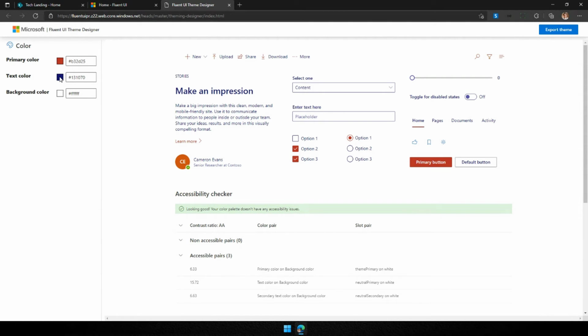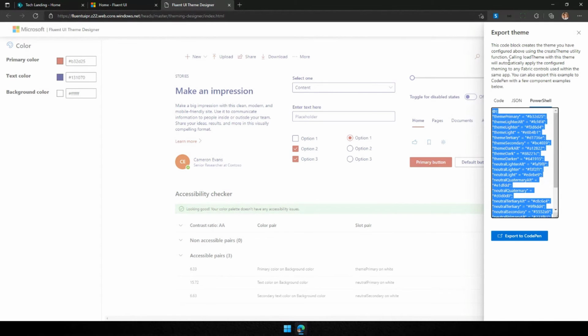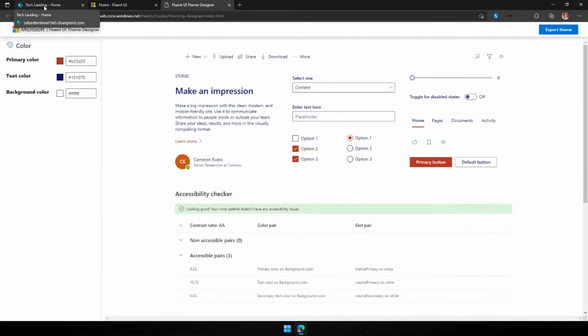You can bring your own corporate colors in there. You can bring your own things in here. And when you're ready, you have the ability to click on that beautiful button right here. Export theme. And this is where you will be able to go into the PowerShell tab right here and give this code to your admin. You remember that bit earlier where we need to be good friends with the admin? Well, you can give that PowerShell code, very simple code here, and give it to your PowerShell admin. What they're going to do is they will be able to create a new theme that will be made available for all of your SharePoint deployment. And then once they tell you, okay, it's done, it's ready, you can go back to your site and